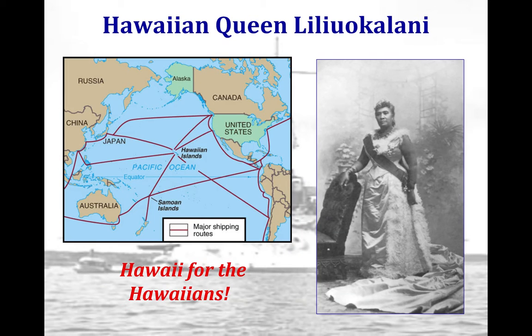So there is an attempt to sort of resist the American presence in Hawaii, and this happens in the 1890s. There still is a monarch in Hawaii. Her name is Queen Liliuokalani, and what she does is she's very much in control of a Hawaiian nationalist movement. The idea Hawaii for the Hawaiians is referring to the nationalist movement, but the nationalist movement in Hawaii was unsuccessful